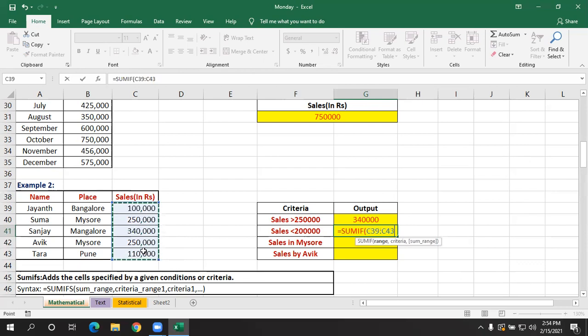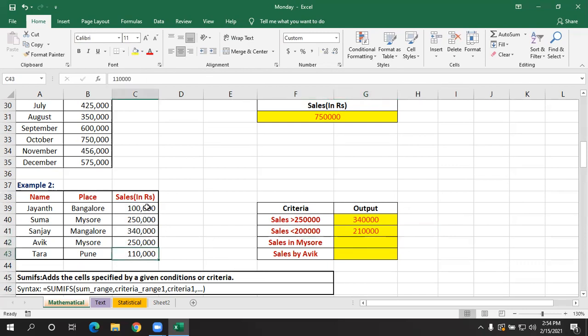Range will be the sales column, criteria will be less than 2 lakh, comma, sum range will again be the sales column, close the bracket, press enter. So less than 2 lakh it is this cell and this. Here we have 1 lakh and here we have 1 lakh 10,000. So it is showing totally 2 lakh 10,000.